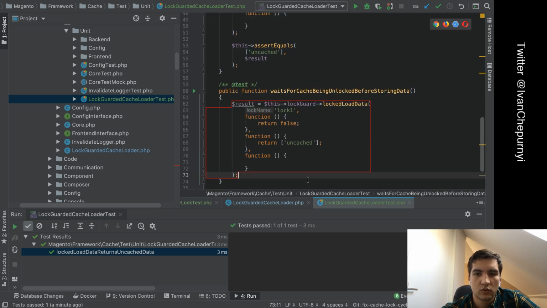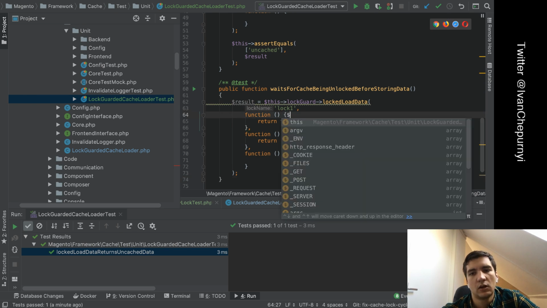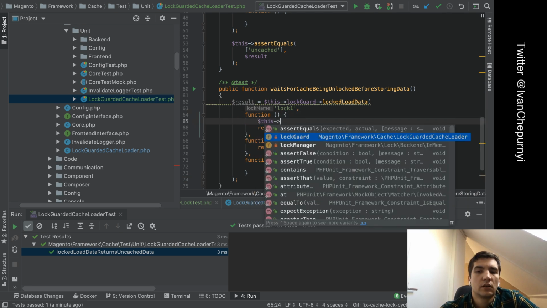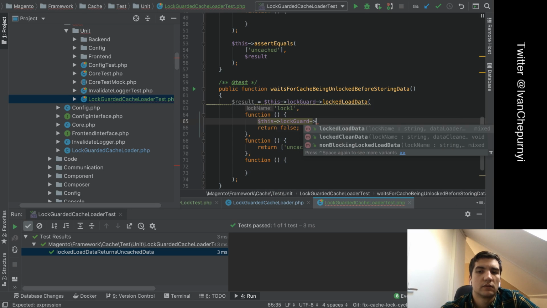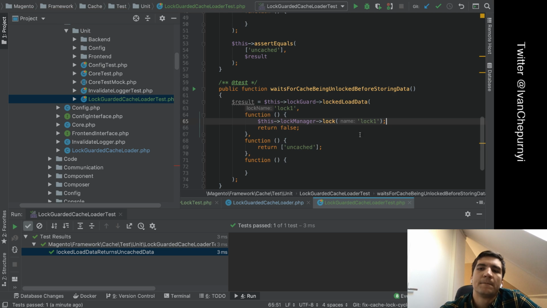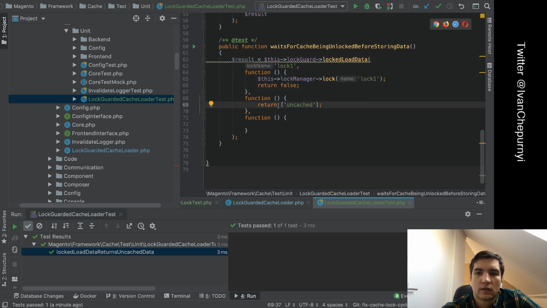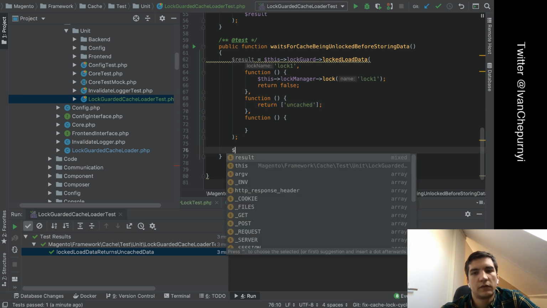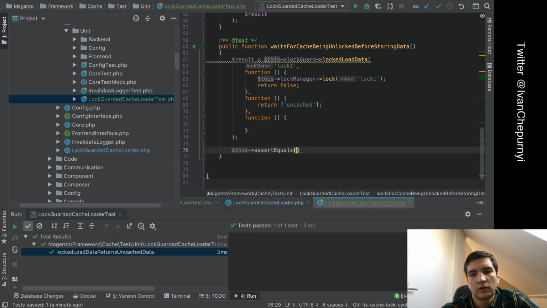here we'll just copy this one over, and now in this case we're actually gonna take our log manager and we're gonna lock this log one, and here let's say we don't have anything, so I think this one will never end if I try to run it right now. So let's see, uncached